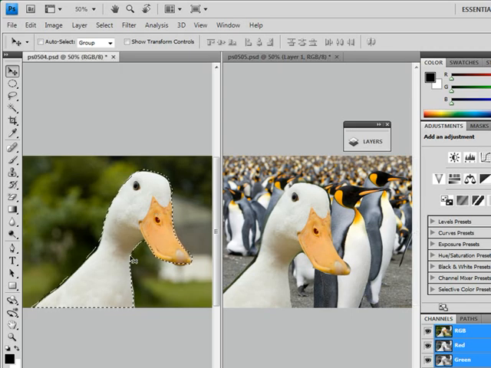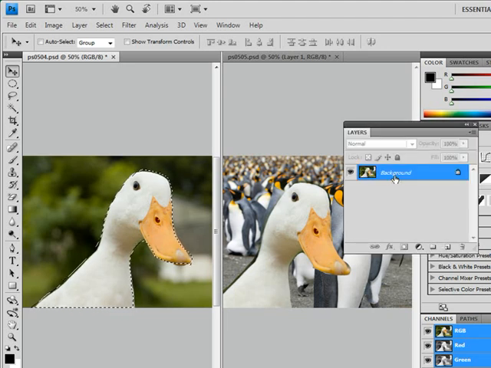In fact, let me go back to this image just to show you something. If you want to be really careful with your selections, I have an active selection right now. If I go to my layers palette and I have this selected, right now it's a background layer, so I can't implement any layer features. But if I hold down my Alt key and double click on this,